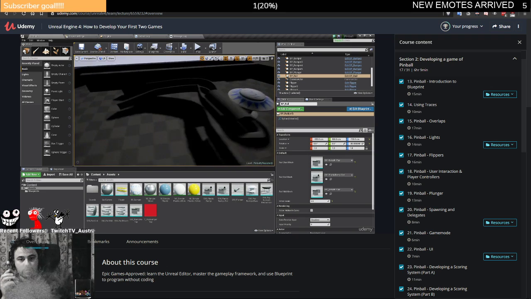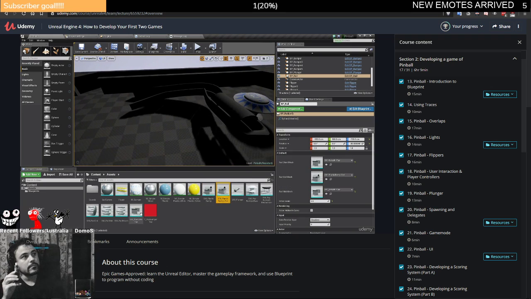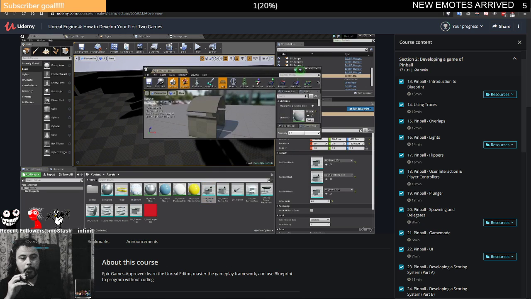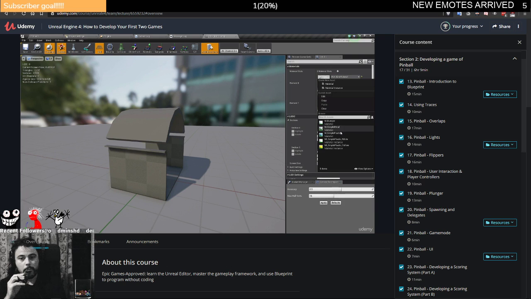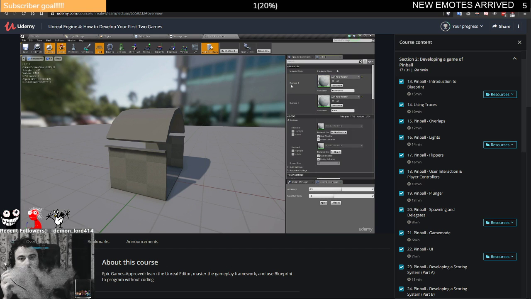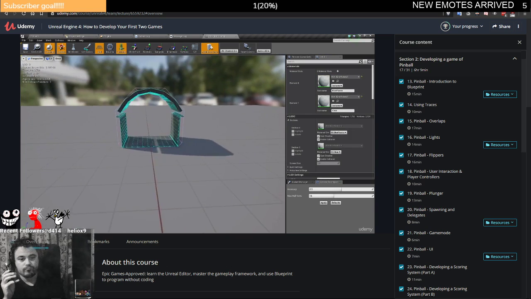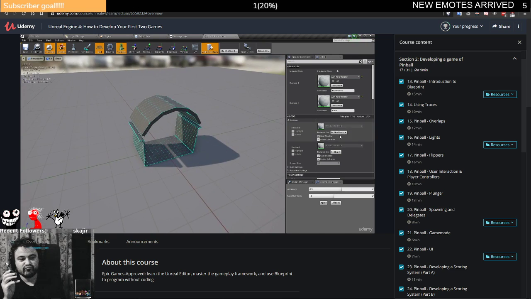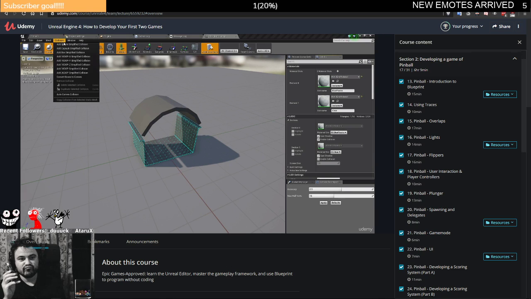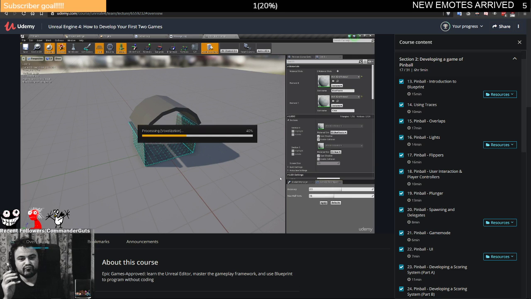All I need to do to really complete this feature is to set the materials on each of these three things, which I'm going to do very quickly, and set the collision for them. By default, I'm going to quickly check out the collision, which I can see is wrong. I actually don't care about the collision on the top, so for the time being I'm going to disable collision on the top, and then go collision and generate. Actually, I might just try 16, it'll probably be fine on this mesh. Apply,